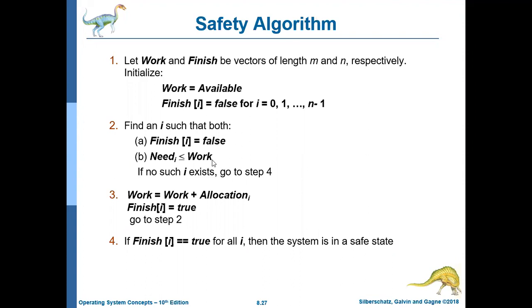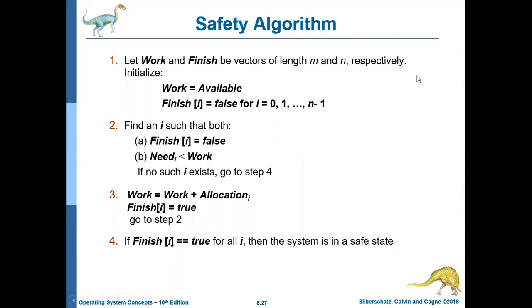This safety algorithm will tell you whether the current state of the system is safe or not. We have already discussed if the current state of the system is safe, then there will be no deadlock. If the state is unsafe, there may be a chance of deadlock. So we will try that our system will not go in any case into that unsafe state. We will always think that our system should be in a safe state. So this safety algorithm will let you know whether your system is in a safe state or not.